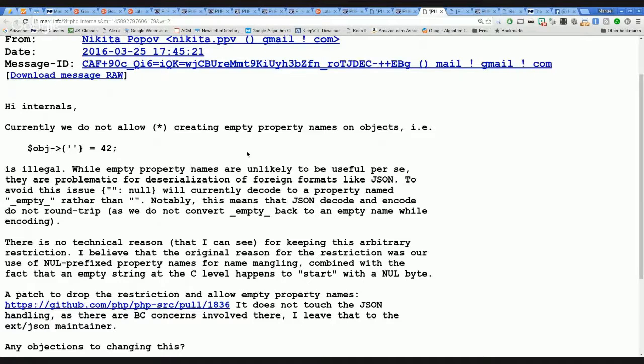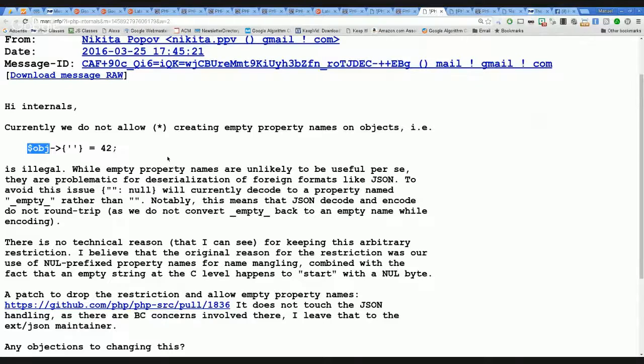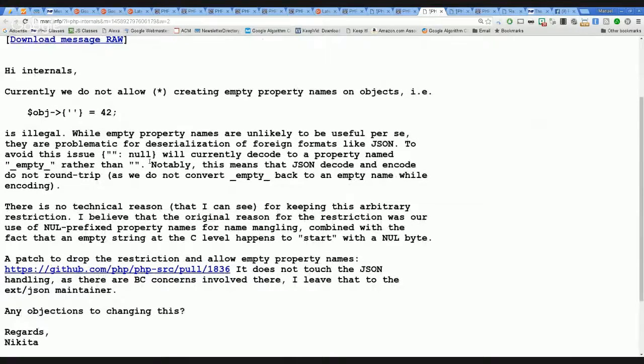Yeah, because if you want to create a JSON object with an empty property, you just would do this. You create an object of stdClass, which is an array probably too. Yes, an associative array. Right. But if you want to declare it in a real class, I don't think you can. Or at least it's not the scope of this proposal. Okay, this is just an interesting discussion. So moving on to the next proposal.